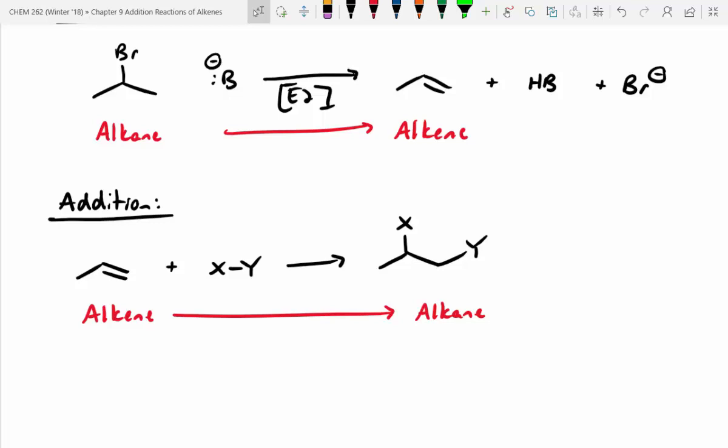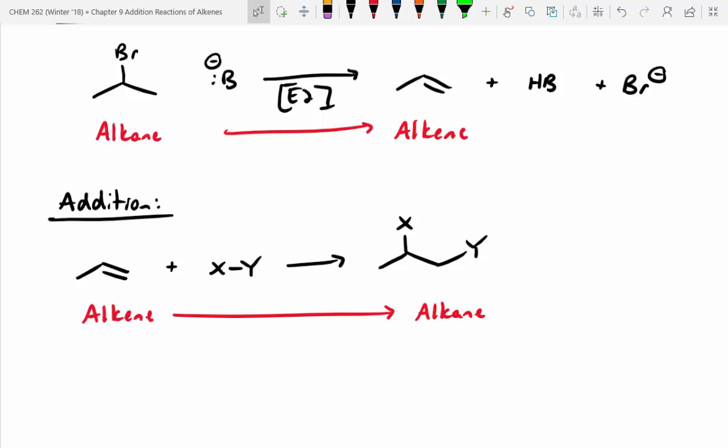High temperature favors disorder, right? So we saw in elimination reactions, they oftentimes were done under high heat conditions. If we look at addition reactions, they're essentially the opposite, right? We're going from 2 moles of our starting material to 1 mole of product. In this case, heat is your enemy. In fact, you want to run these reactions very cold to favor the formation of 1 mole of product and